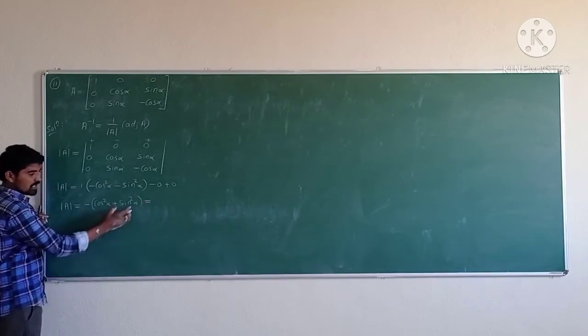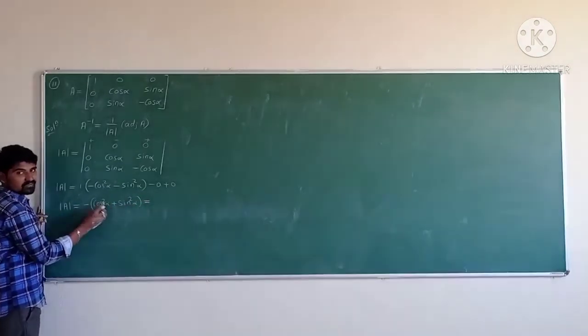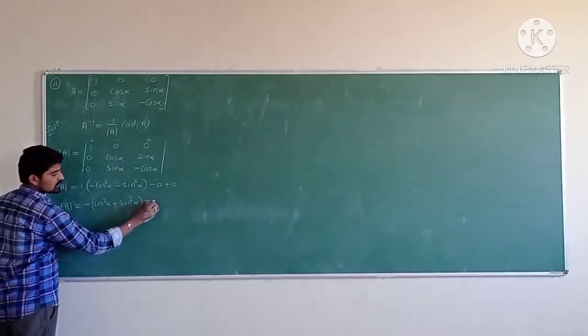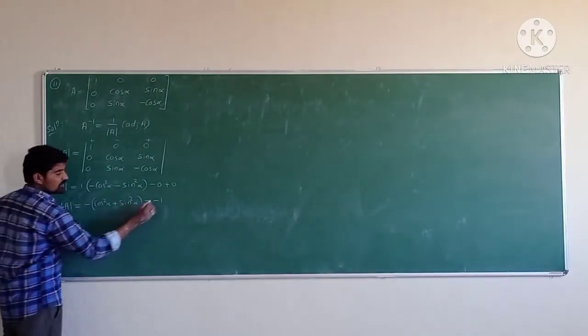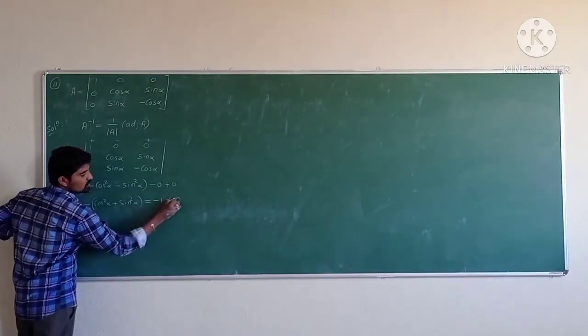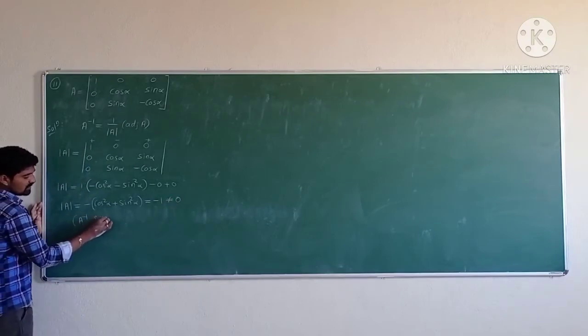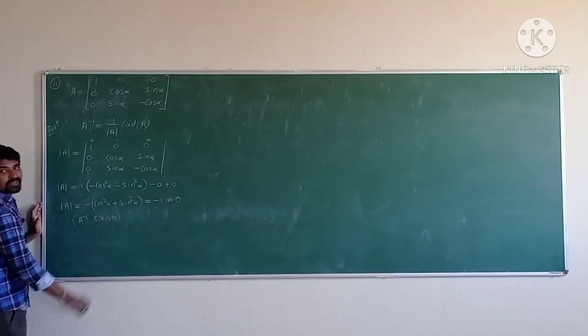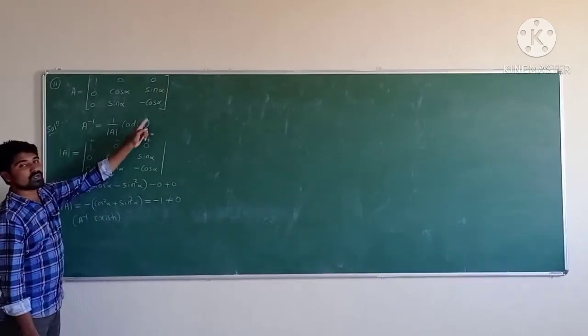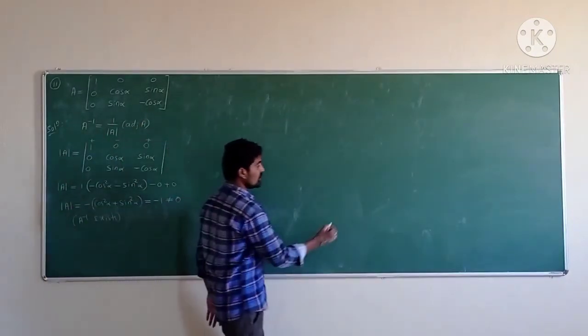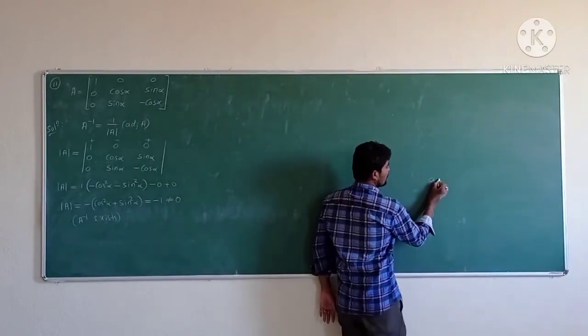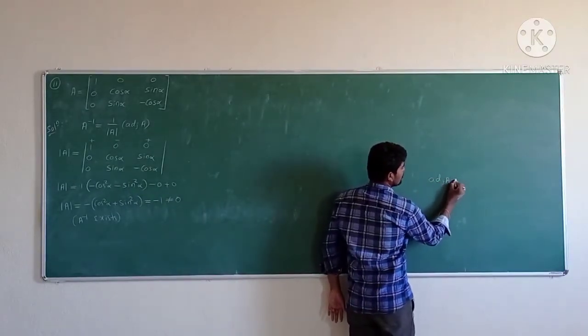Which is equal to the value of sin square alpha plus cos square alpha is 1, into minus, so minus 1. And minus 1 is not equal to 0, which implies A inverse exists. And next we need to find the adjoint of the matrix A. And we know that adjoint of matrix A is equal to